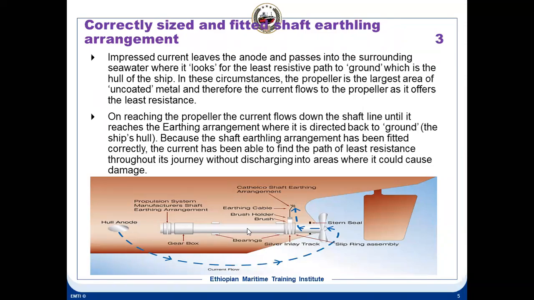It is not a shaft grounding, it is a generator grounding. We call it a generator grounding because any stray current coming through this shaft can cause failure of the bearings. So that is the significance of it. This shaft grounding is required. So any stray current coming onto this shaft has to be drained to the hull. It has to be drained. So this is very important on board ship.